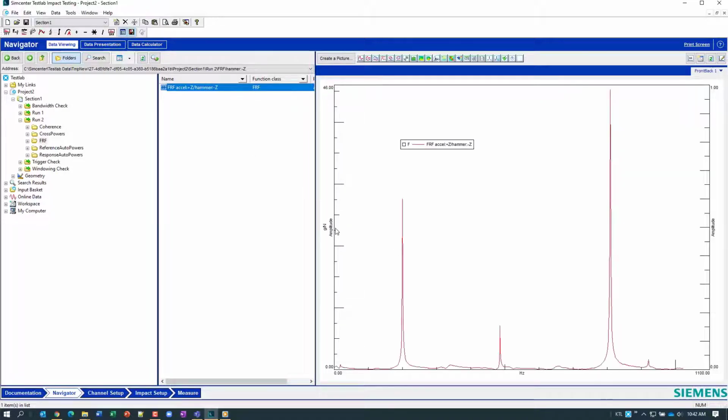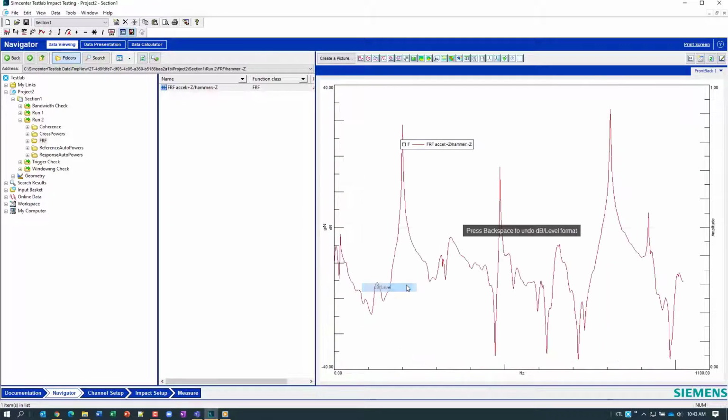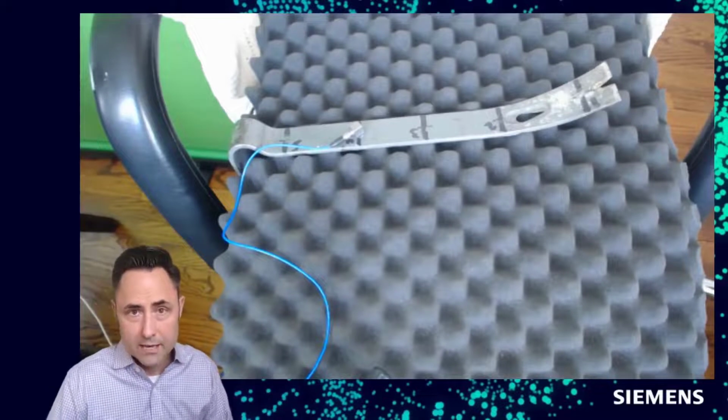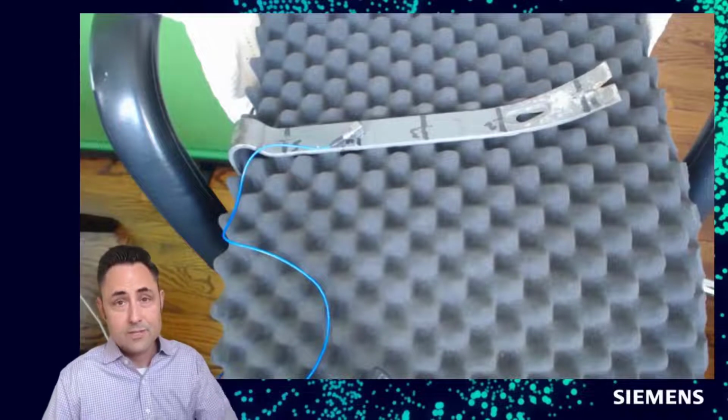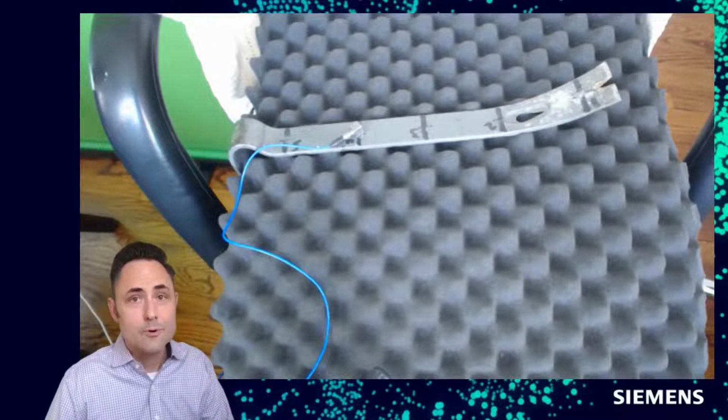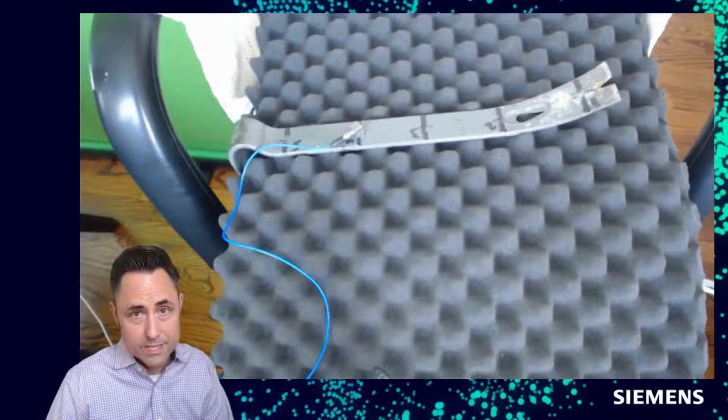Here's my FRF, and I have a nice 3 average FRF, and I can add a single cursor and take a look and see where my first peak is, about 201 Hertz. So maybe that meets my design criteria, maybe it doesn't, but I have a very quick, easy way to look at my resonant frequency information. And if I created this plot as part of my template, it'd be all ready to go, and I could just drag and drop my data in. Okay, so that's how to do a quick and dirty, repeatable impact resonant frequency FRF.